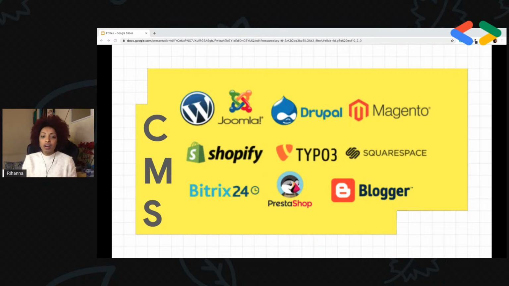So knowing that content management systems exist and that we can make websites without coding is also another thing that we have to know as a front-end developer. We don't have to use a CMS because it's not for a developer that is coding or creating their own project.